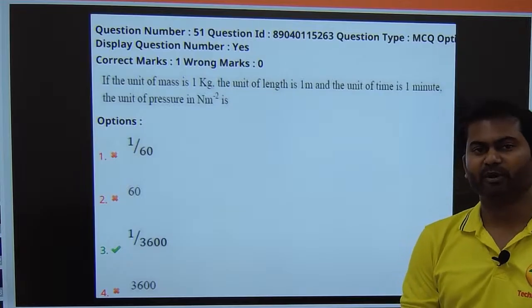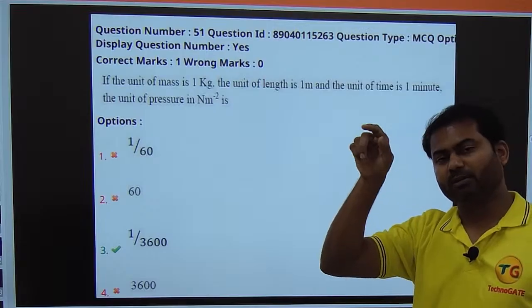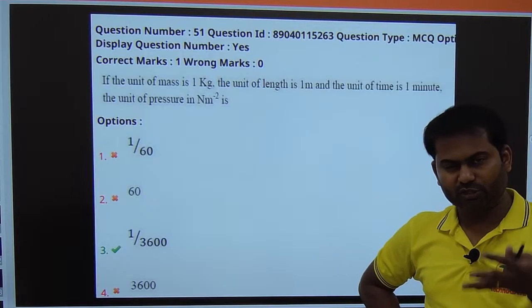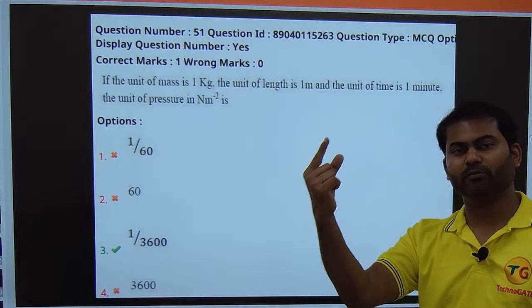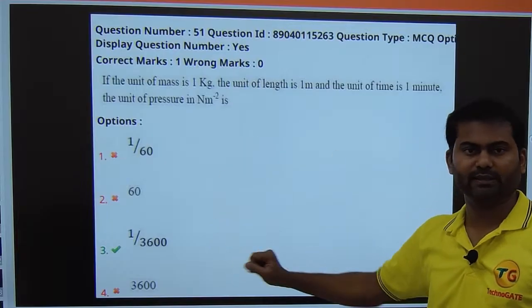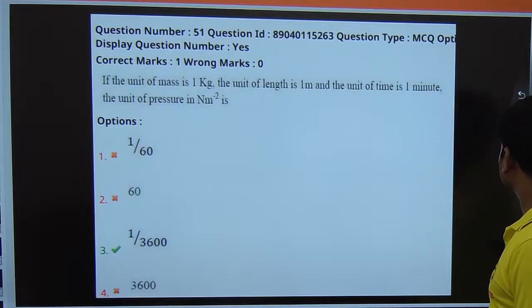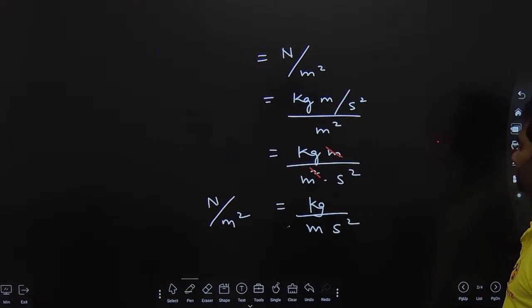So unit of pressure in Newton per meter square means if you want to get in Newton per meter square, you need to multiply by the 1 by 3600. So kg meter ఏదైతే మీకు వాల్యూ వచ్చిందో దాన్ని 1 by 3600తో మీరు మల్టిప్లై చేస్తే you will be getting in Newton per meter square. So the answer is 1 by 3600 and it is not 3600 at all. మీకు అందరికి అర్థమైంది అనుకుంటున్నా. So what you guys can do is copy the solution, read once how exactly I'm doing, and then you will be definitely clear about the explanation here.